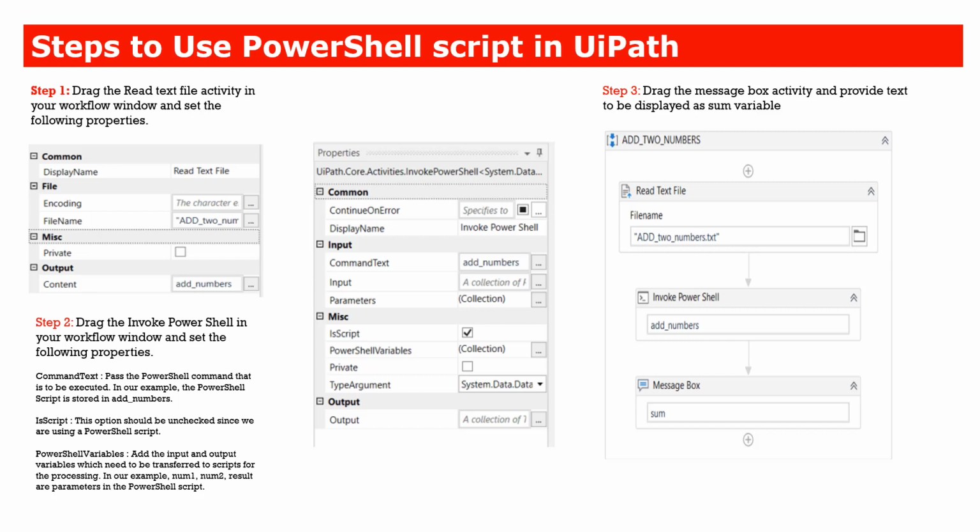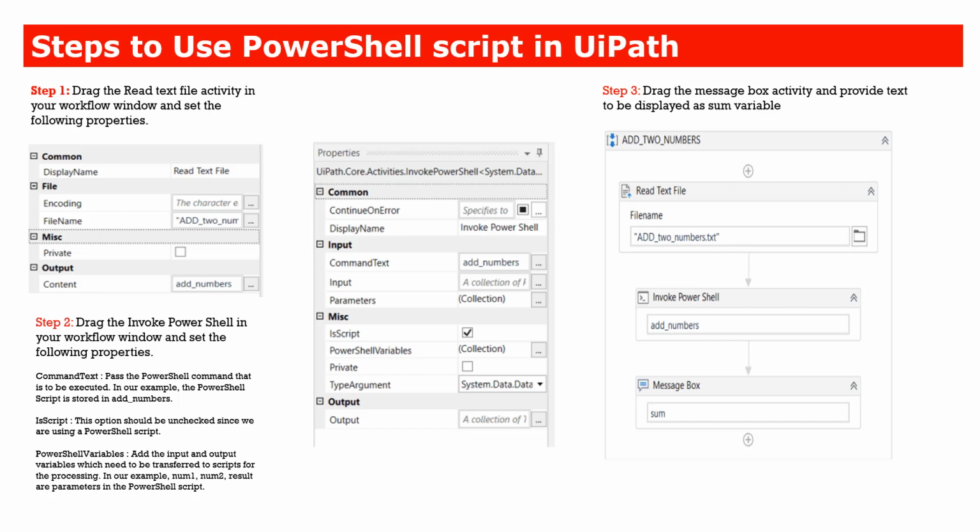Then the second step is to invoke the PowerShell workflow activity with the following properties. Look at the three properties, which are the most important. First is the command text. What is your command text?